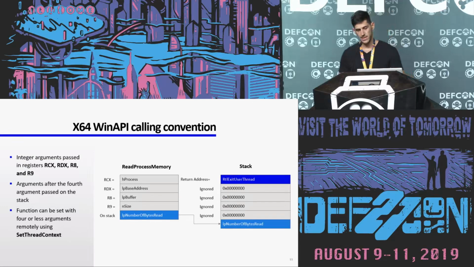So if we look at the stack, the return address is going to be at the top of the stack. Then there are 4 arguments that are ignored. The data there is not important. And then at the end there's going to be the 5th parameter on the stack. So again, if we use SetThreadContext and set those registers, we can manipulate a function to